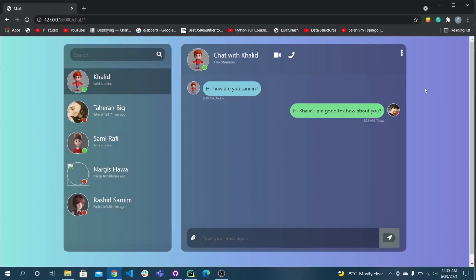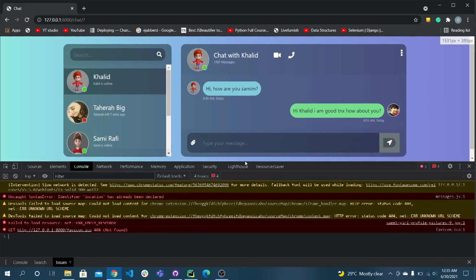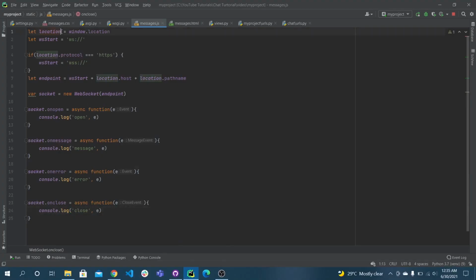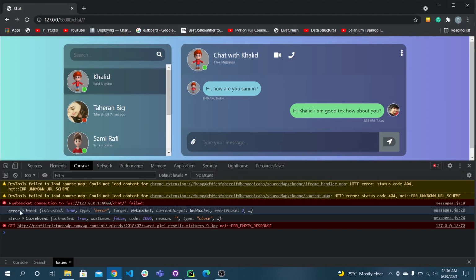Let's refresh the page and check if something happens in the console. If you can see in the console, there are some messages here. Location is not defined. I have to declare the location. Here instead of location we can simply write log, because location is an inbuilt variable. I will change it to log. Hope this works now. Here you can see an error occurred while connecting to the WebSocket, because we haven't created any WebSocket link, so this WebSocket cannot connect to the backend to establish communication between the front end and backend.